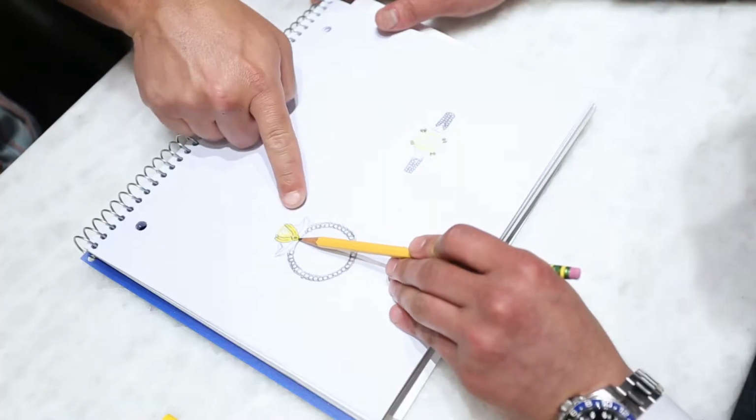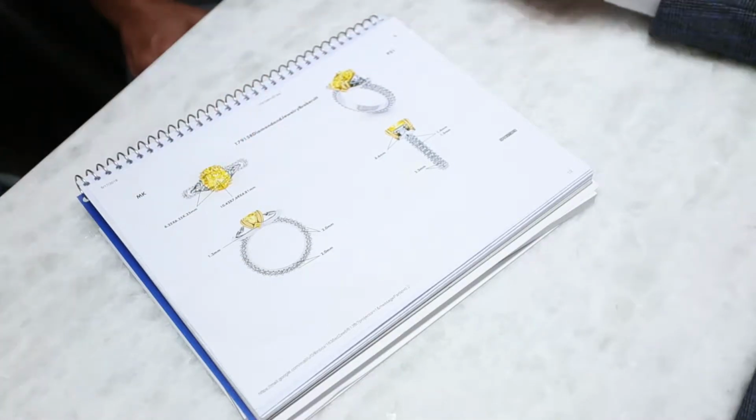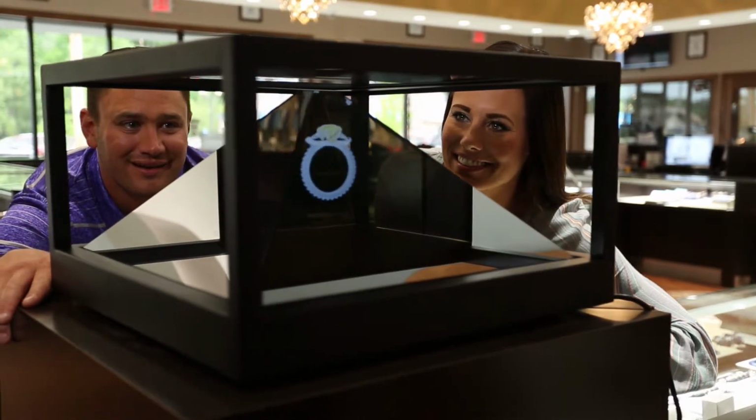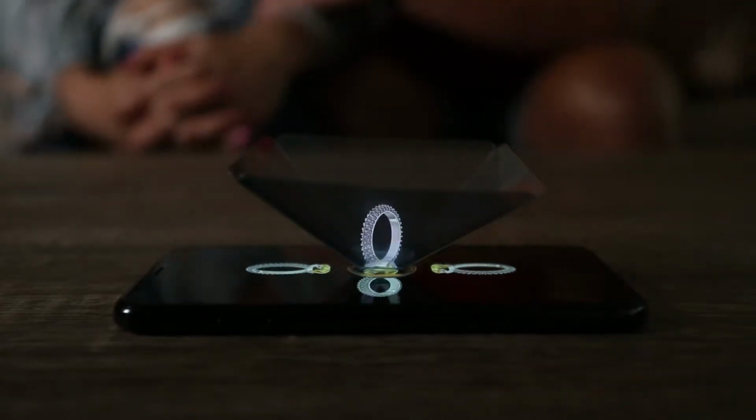Creating custom jewelry can be stressful, especially considering you don't know if the ring will turn out exactly how you envisioned it. There's now a solution that can only be found when you create a piece of custom jewelry made by the Diamond family. When you come into the Diamond family to start designing your piece, you will leave with